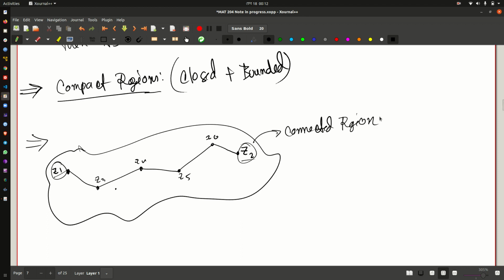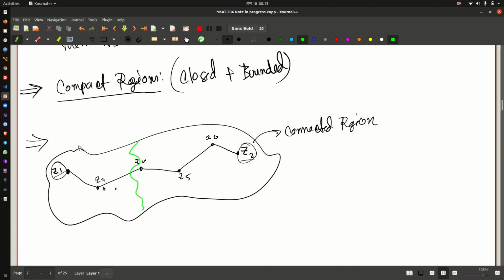Now if you make a cut over here somehow, then you would not be able to join z3 and z4. So in that sense, z1 and z2 won't be connectable via these broken lines, and hence this won't be a connected region. Okay,